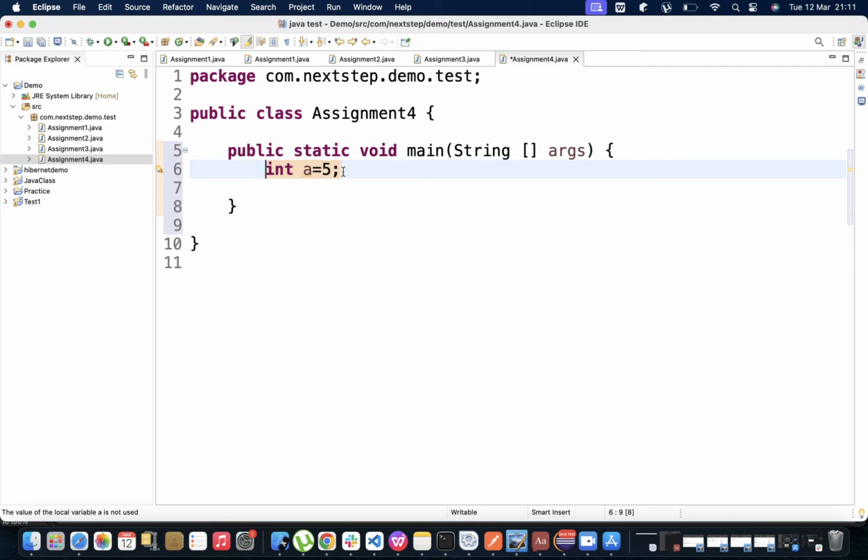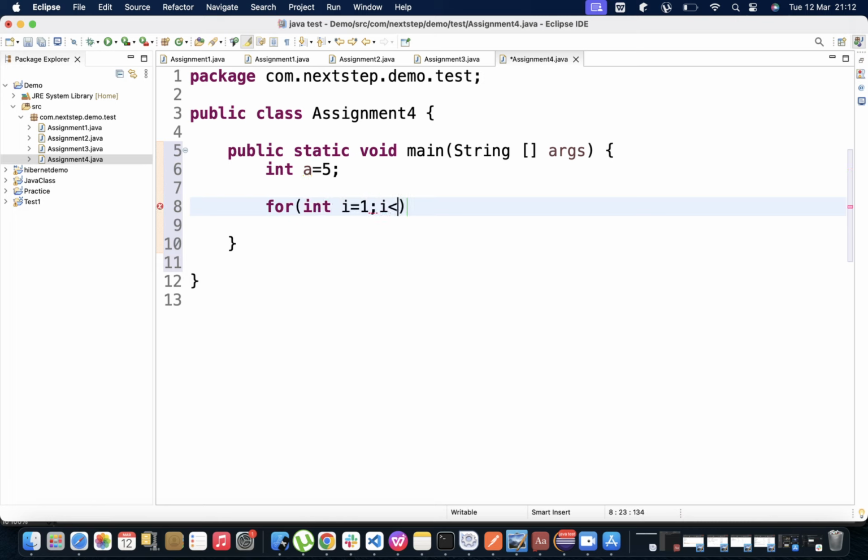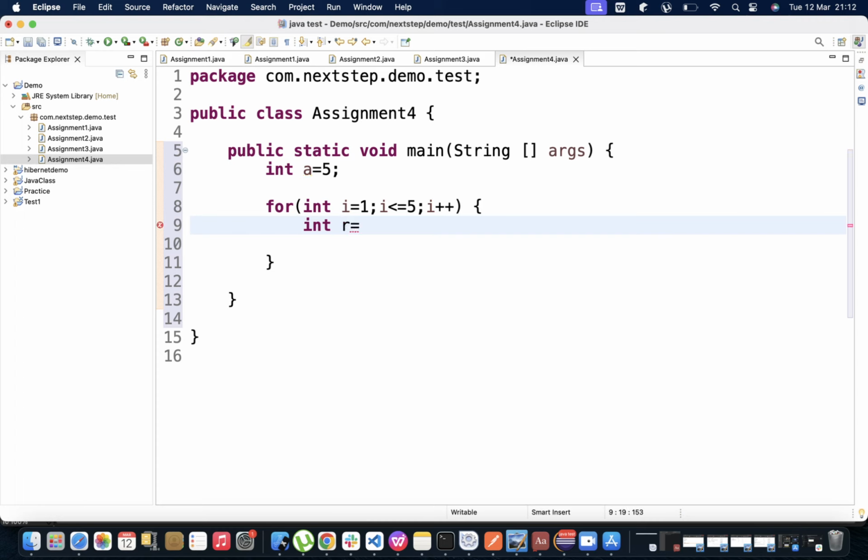अब मलाई 5 को फ्याक्टर निकाल्नु पर्यो भने चाहिँ म 1 देखि चाहिँ 5 सम्म डिभाइड गर्दै जान्छु। यदि डिभाइड गर्दा रिमाइन्डर 0 आयो भने चाहिँ यो चाहिँ यसको फ्याक्टर हो है त। सो for int i equals to 1, i is less than equals to 5 र i++, किनभने अब 1 देखि 5 सम्म पुग्न त भ्यालु बढ्ने हो त्यही भएर i++। ओके सो अब यहाँनिर चाहिँ मैले के गर्नु पर्यो त, रिमाइन्डर चेक गर्नु पर्यो। सो म n लेख्छु, मेरो नम्बर भनेको n हो। यसलाई चाहिँ म कतिले डिभाइड गर्छु भन्दा फर्स्टमा आईले गर्छु, मलाई 1 ले गर्नु छ। सो n भनेको 5, i भनेको 1, सो 5 लाई पहिला 1 ले डिभाइड गर्छ र यदि रिमाइन्डर 0 आयो भने